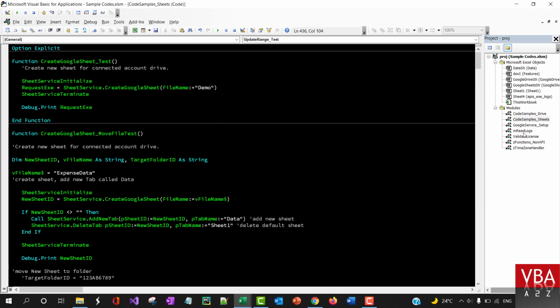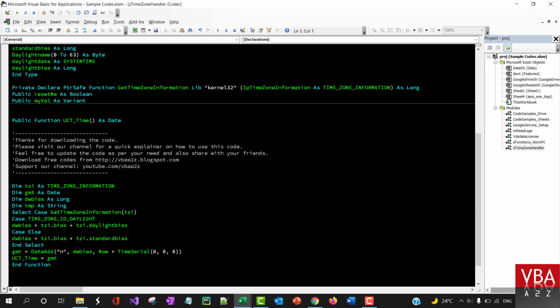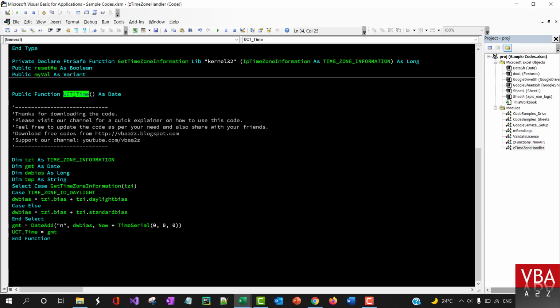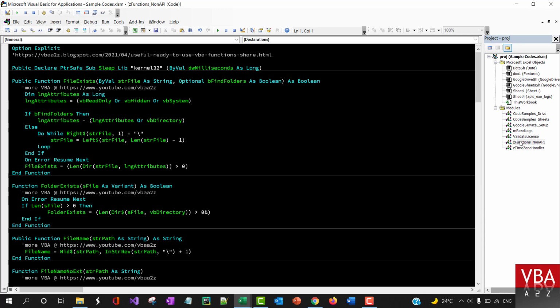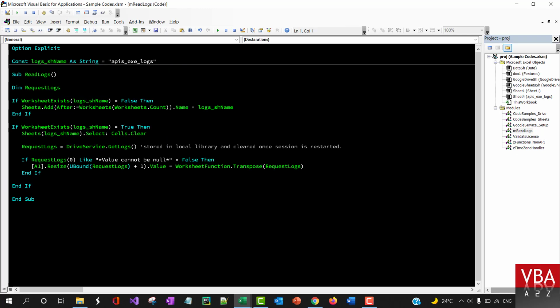One last thing I will walk you through now is this time zone handler. This will always return the UTC time, irrespective of what time zone you've set in your computer. Okay, and then you can use read logs. When you run this read logs, it will basically print out all the